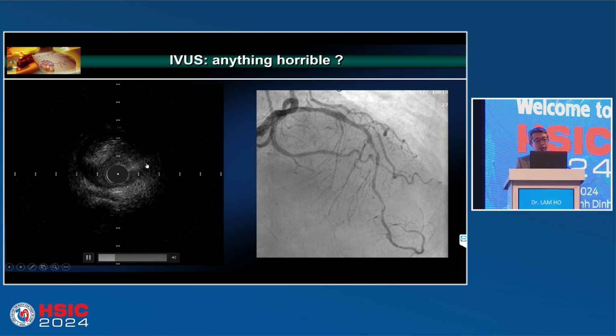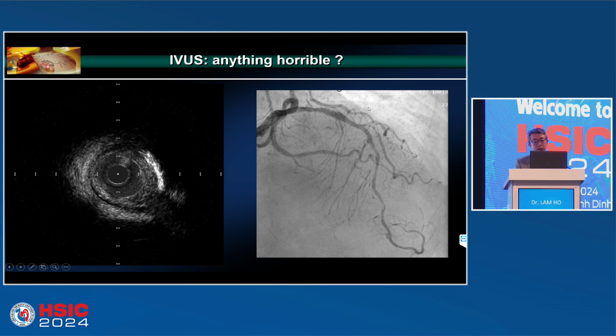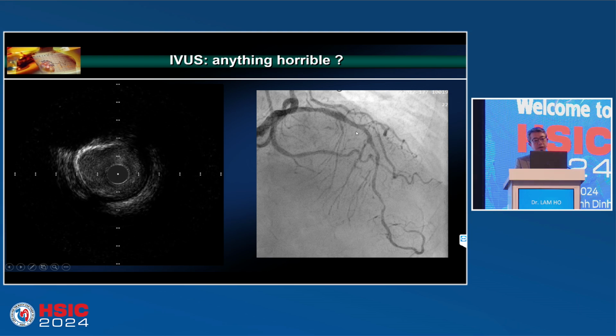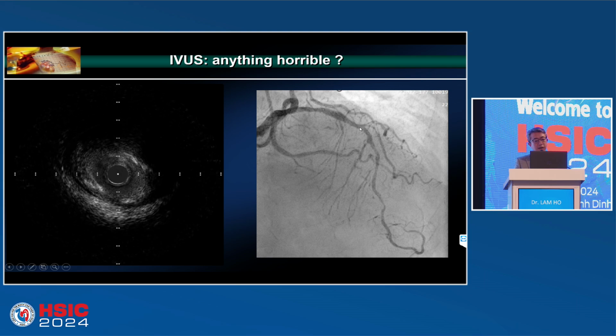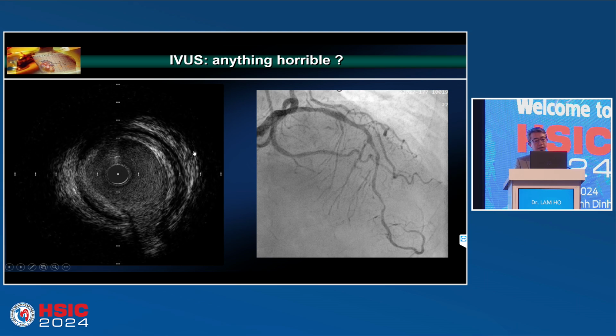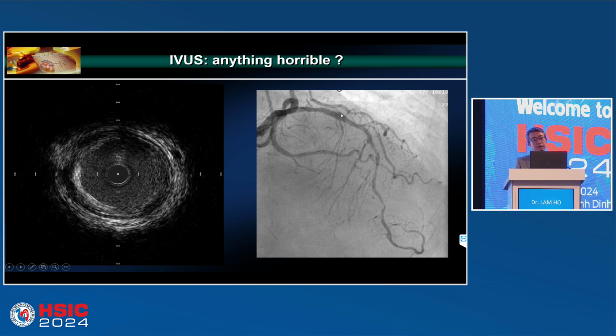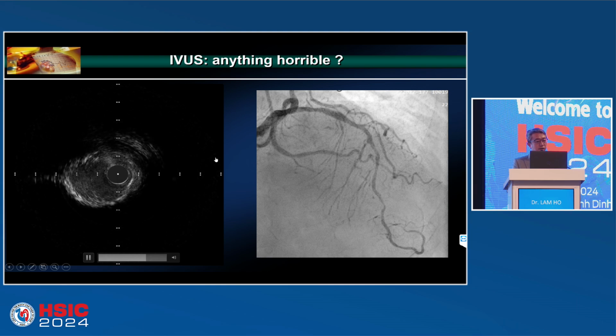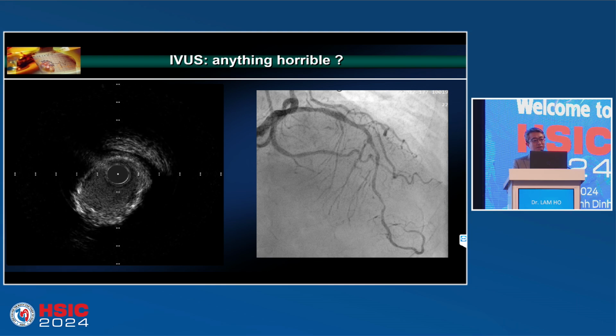Plaque burden was very heavy, but nothing special. It's just as usual. We know the plaque burden is heavy, lots of plaque. You know, there's an aneurysm, so we will shortly go to see. Probably we are somewhere over here. And then it's manual pullback. And then here is the aneurysm. So here is the aneurysm part. Further pullback is to see the lesion over here, over the proximal LAD. So let's see. Okay. Do you see anything horrible?